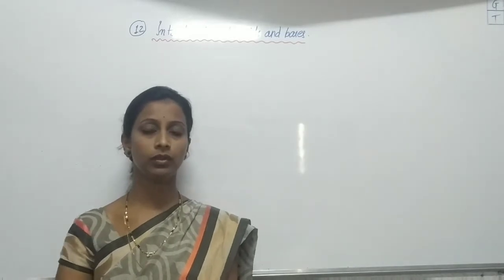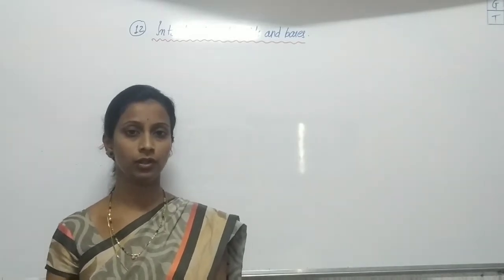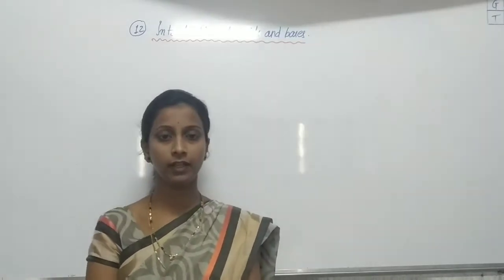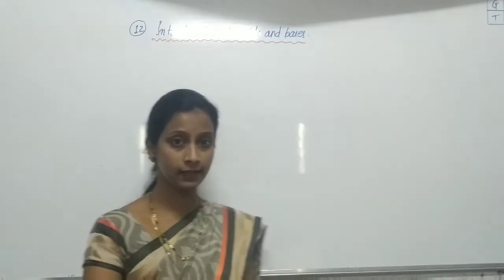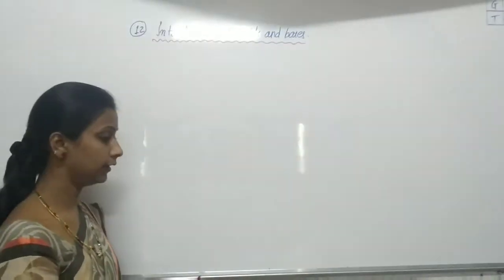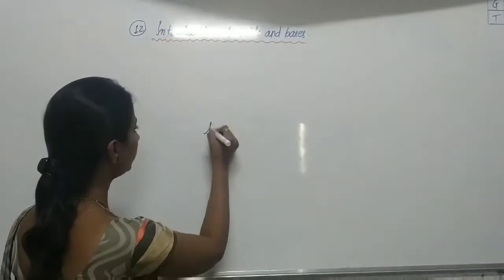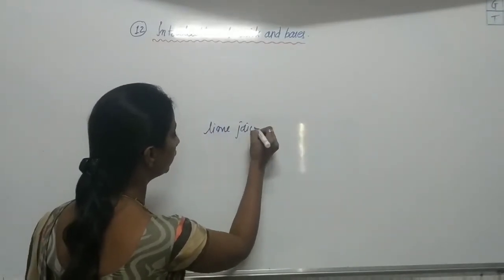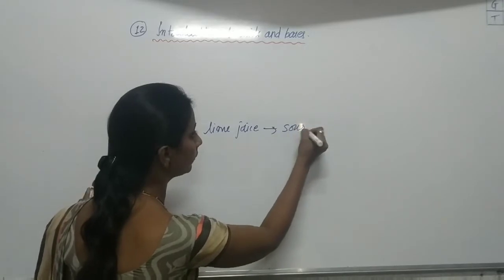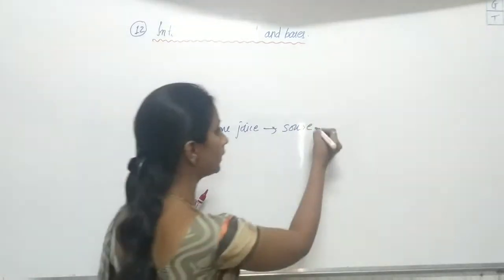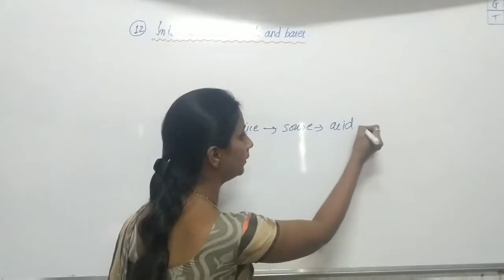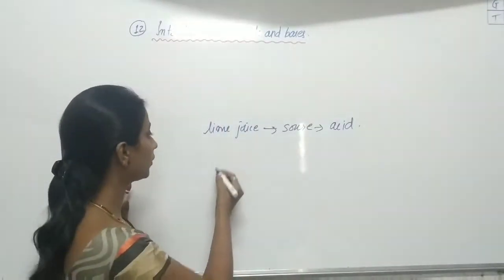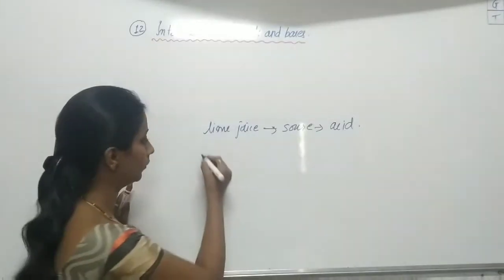When lime juice or tamarind falls on the kitchen unit or comes in contact with it. We know that lime juice and tamarind are sour in taste. As they are sour in taste, they contain acid inside. It means lime juice is acidic, and the kitchen unit is made up of marble stone.